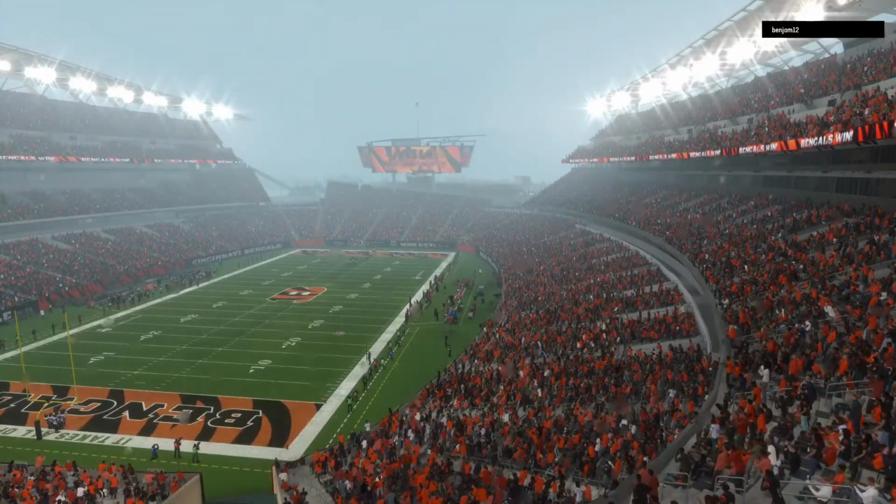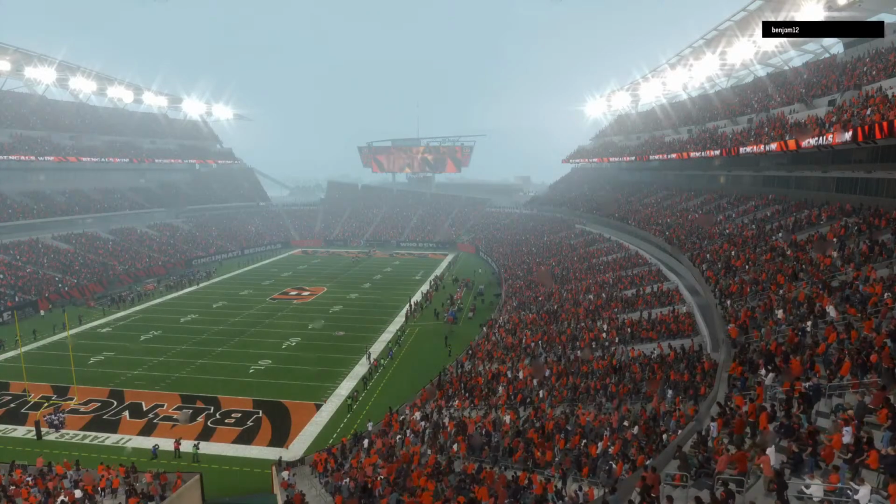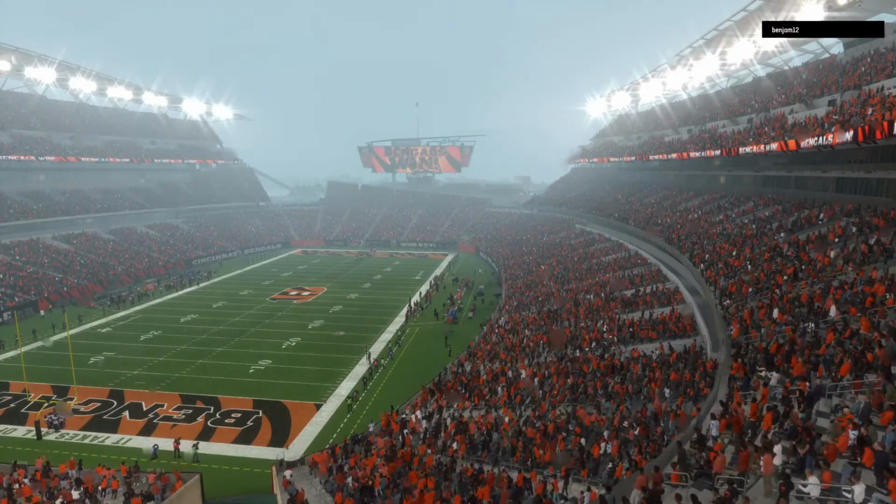So for Cincinnati, they get win number 10 on the year as they move to 10-1. And they'll be able to enjoy